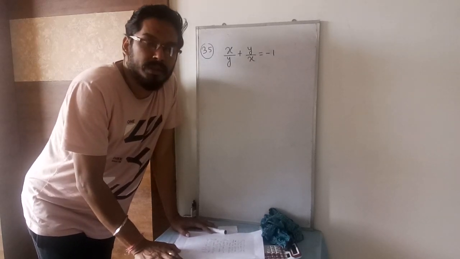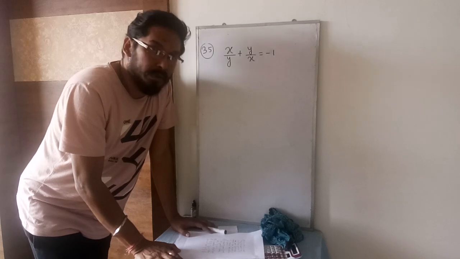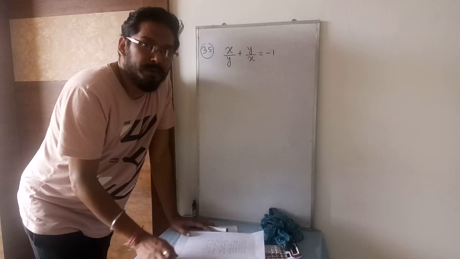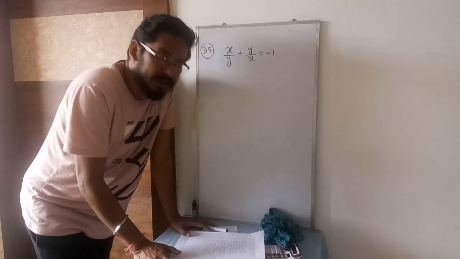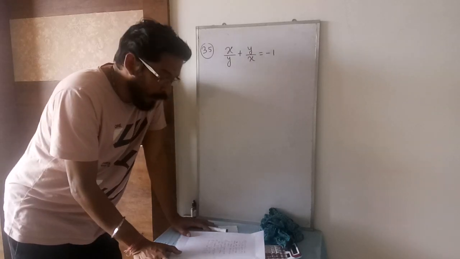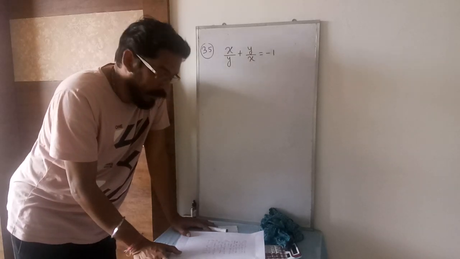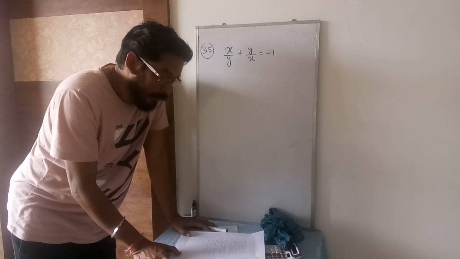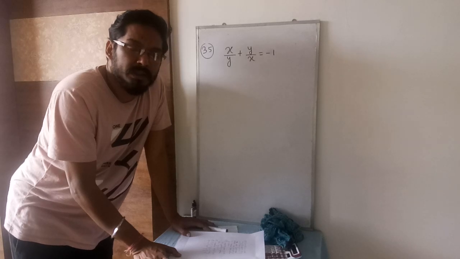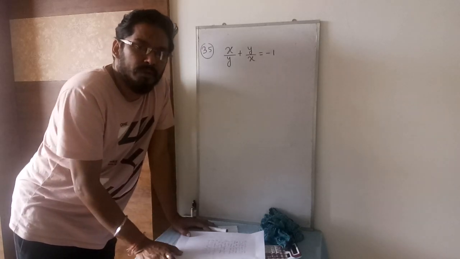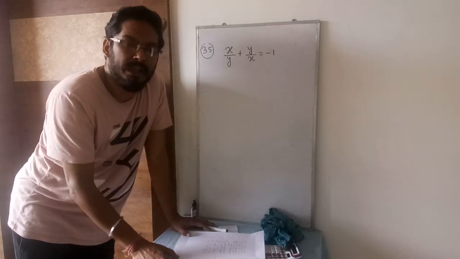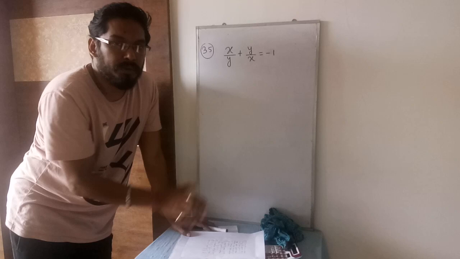Today I will discuss the questions which I have given to you. One question in the middle is left. While discussing the previous question paper, one sum I left. It is question number 35, where it was given x by y plus y by x equal to minus 1. Then find the value of x square by y minus y square by x. Last session, when I was discussing question number 35, I left it and said I will discuss it later. So today I will start with that sum only.